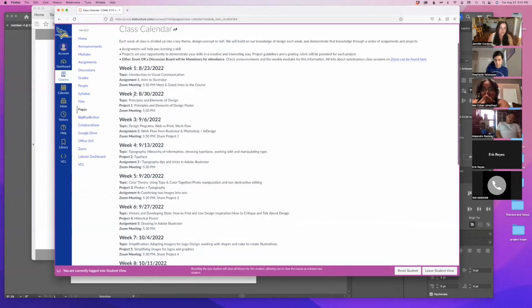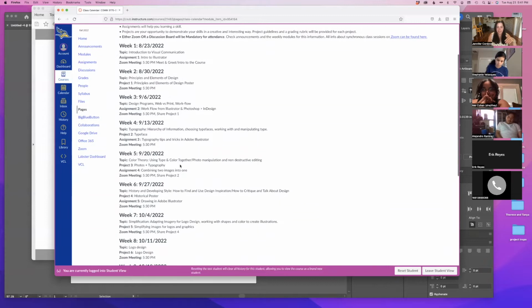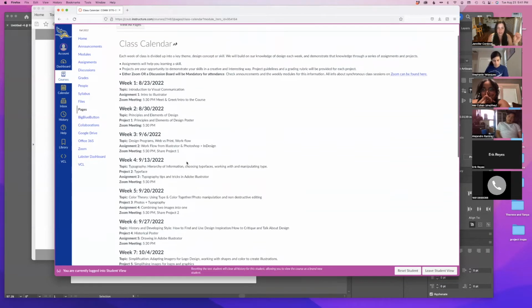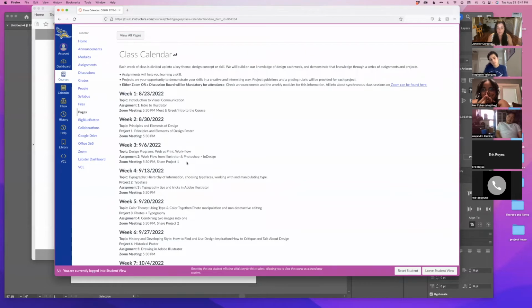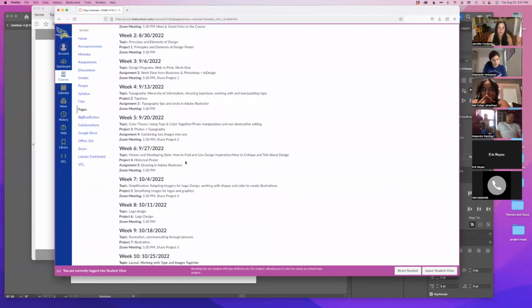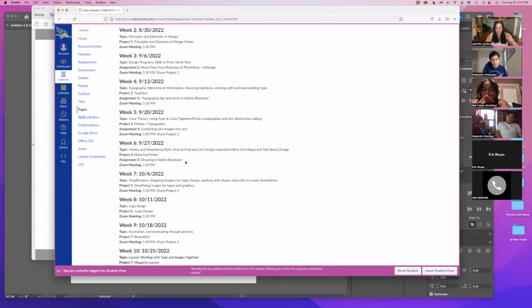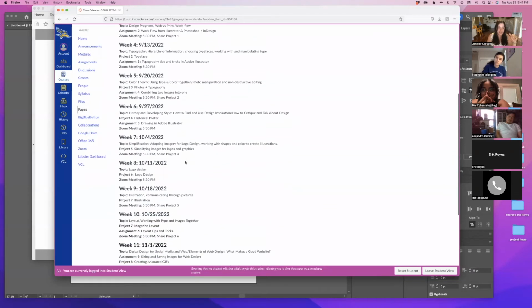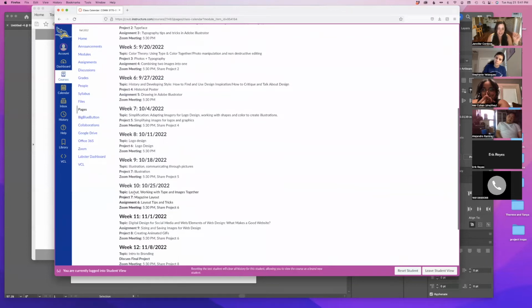And so week 2, it'll have a different topic, and these topics are designed to build upon each other. So as we go through the course, you get more and more advanced in your skill set. So we really start off with a lot of theory and principles of design, and then we build into how to actually use certain programs. And all of your skills will start to be combined as we get down into things like layout design.